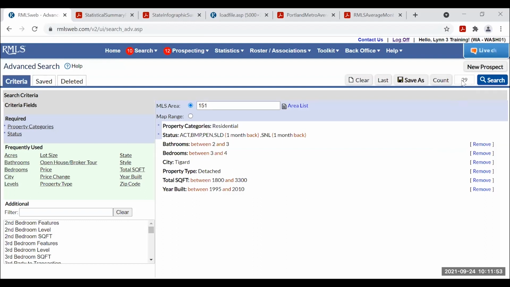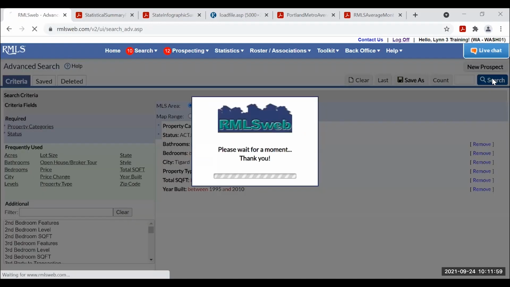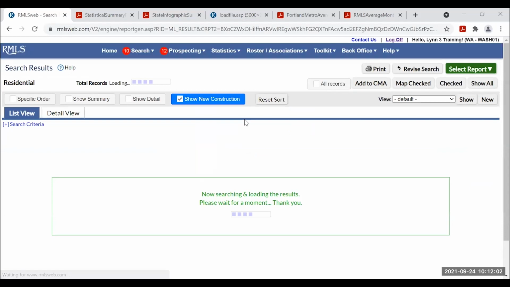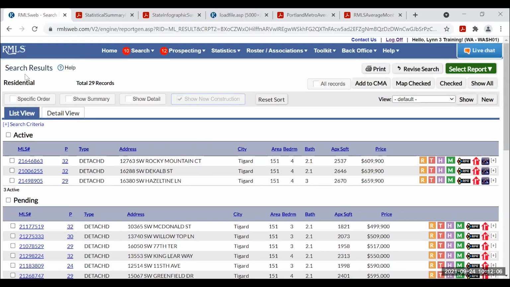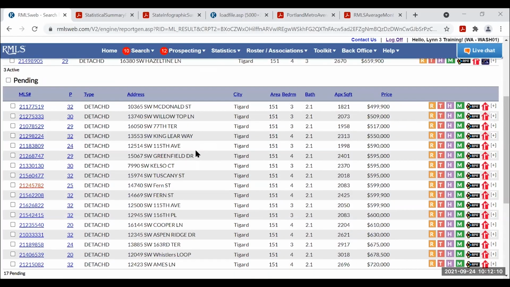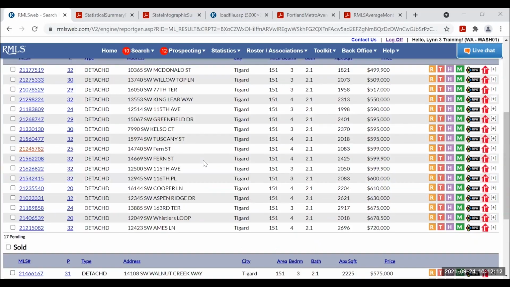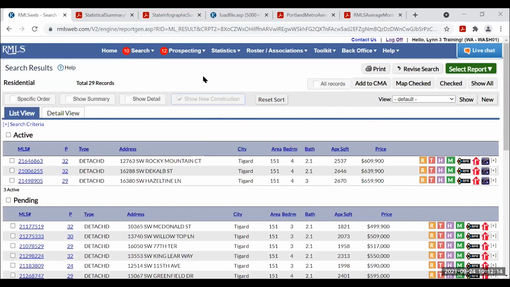If you haven't been using Count, it's going to tell you how many results you're getting when you click search. All right, and I'm on my search results page, and I see my actives, my pendings, my solds.